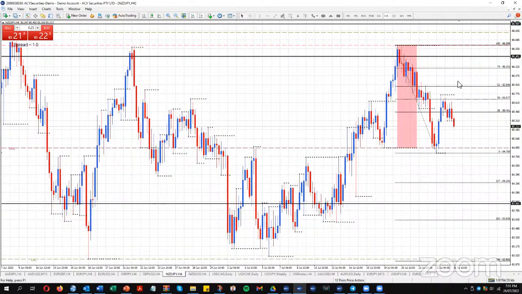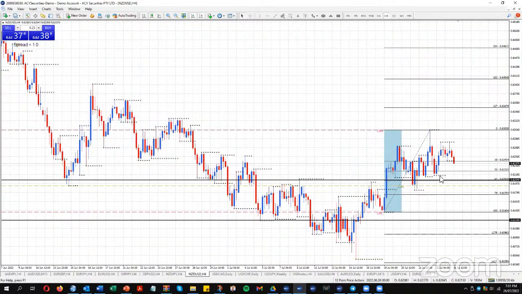Now, I'm not going to trade Aussie yen and New Zealand yen all at the same time because they're correlated. I'd have to have at least one of those trades at risk-free if I was going to trade. So whilst I'm showing you the same technique and kind of levels within last week's range, I'm not going to trade both at the same time because I'm really doubling up. If one doesn't work, probably both won't work.